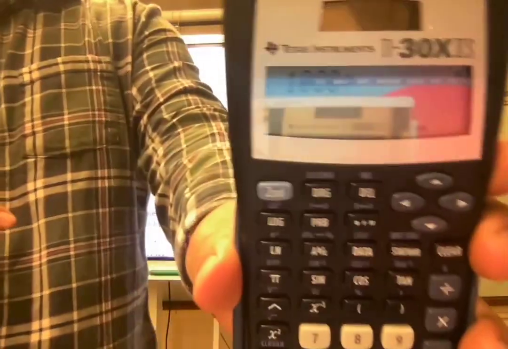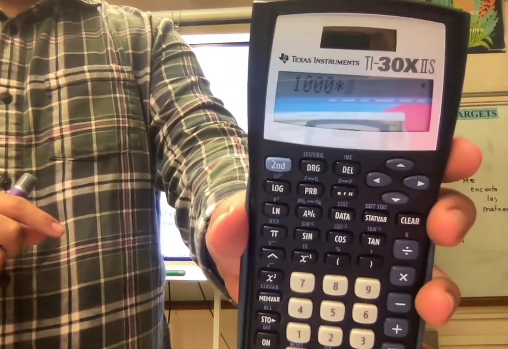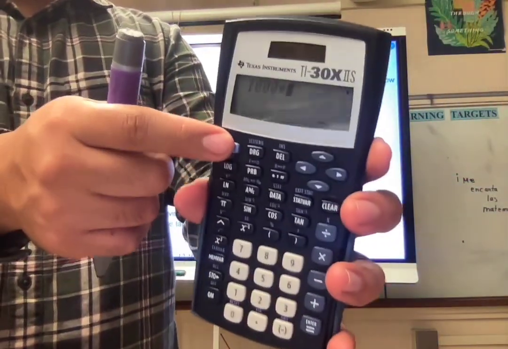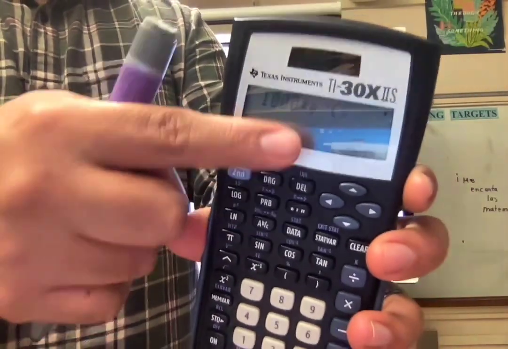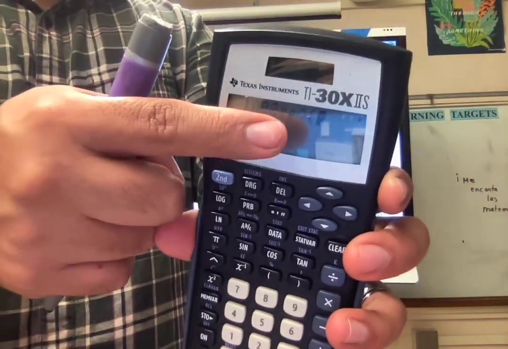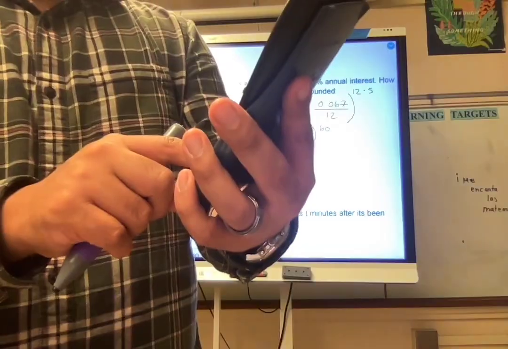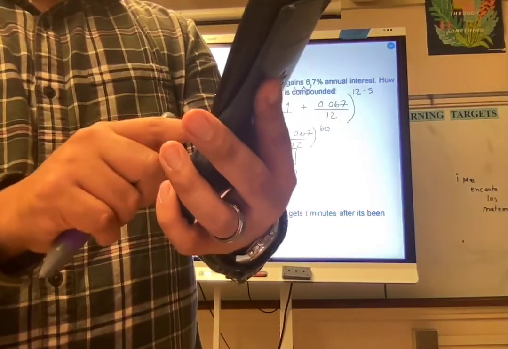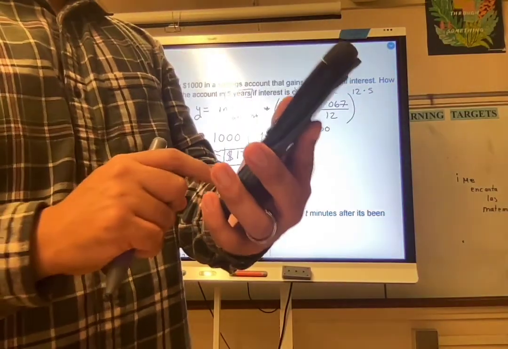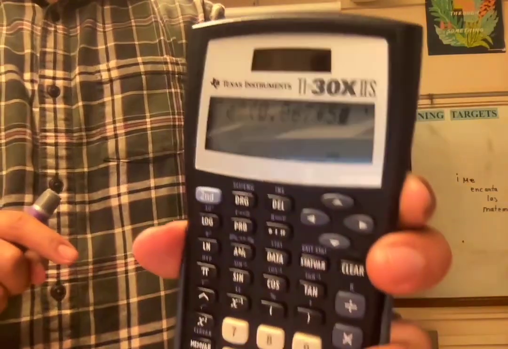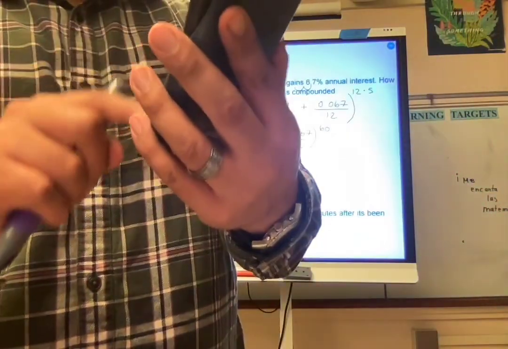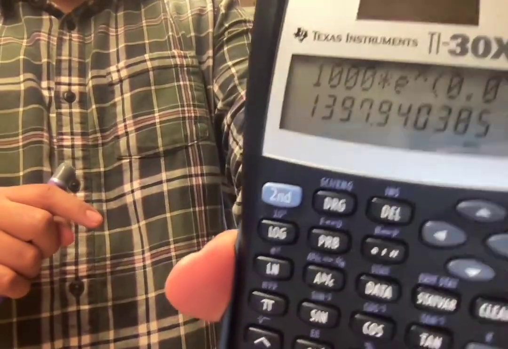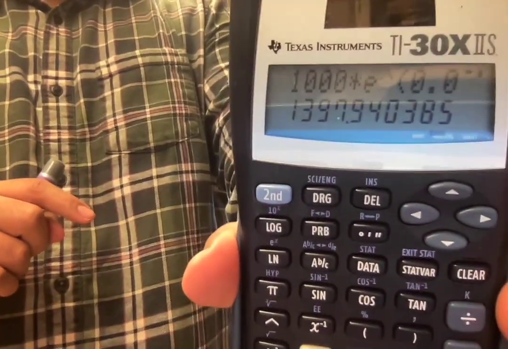I hit the multiplication symbol. To access the E button, I'm going to press the second button, and then look for the LN button, which is this one. That summons E for us, and it even creates a little exponent button. What I'm going to put up there is 0.067 times 5. It already popped up. 0.067 times 5. Close parentheses. I hit enter, and not much to my chagrin, I get